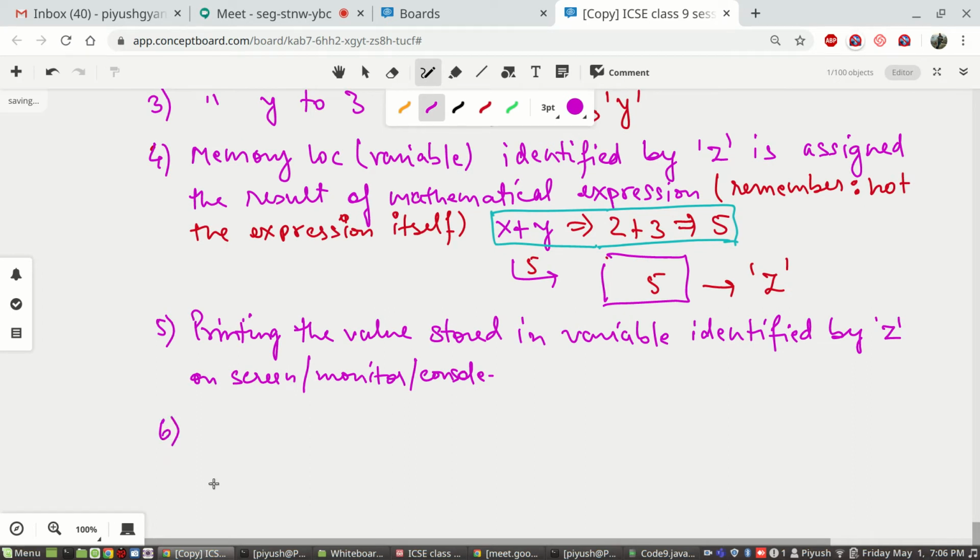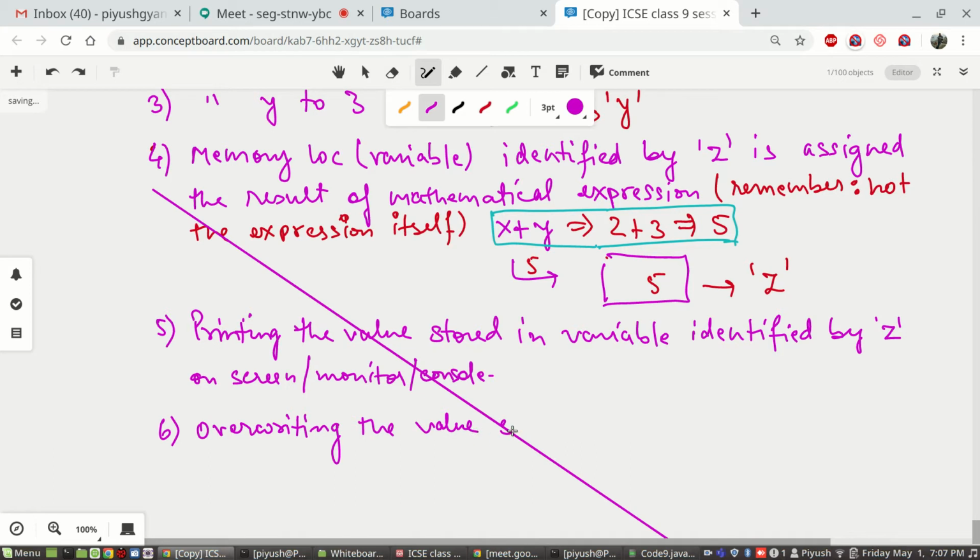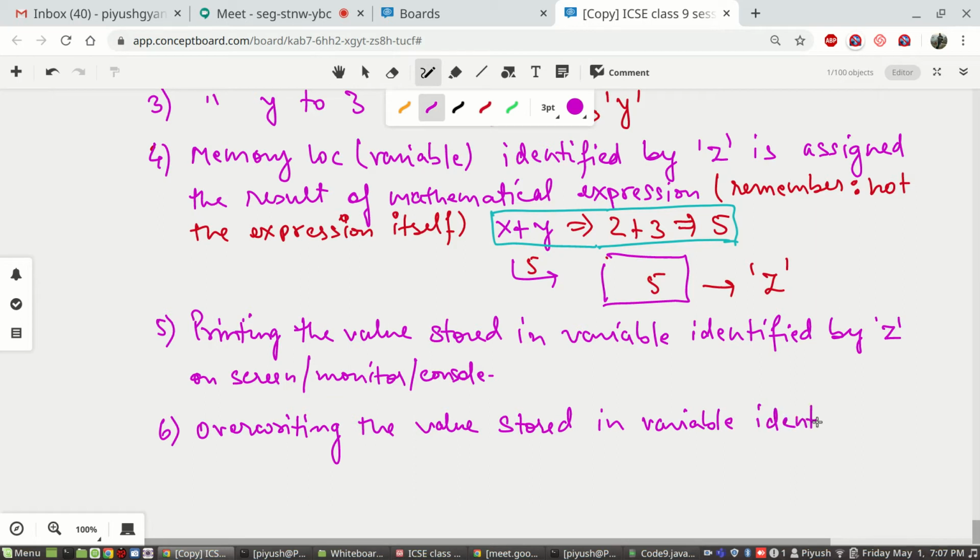Sixth step, what you are doing is you are overriding the value stored in the variable identified by x with a new value, what, 6.